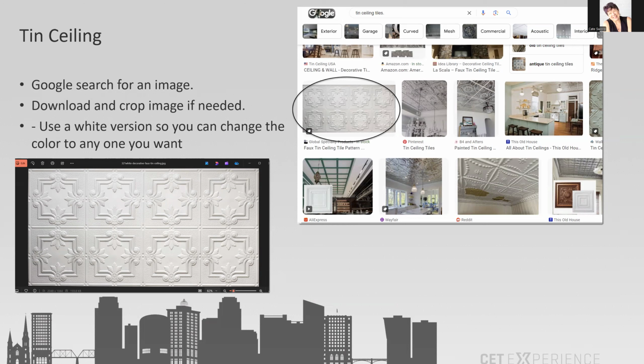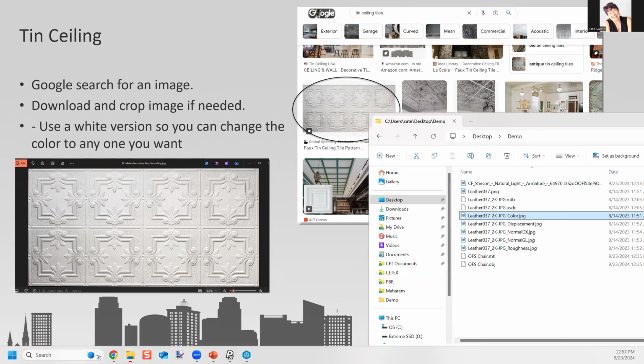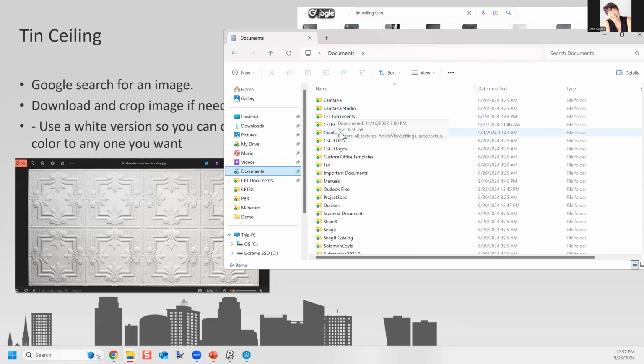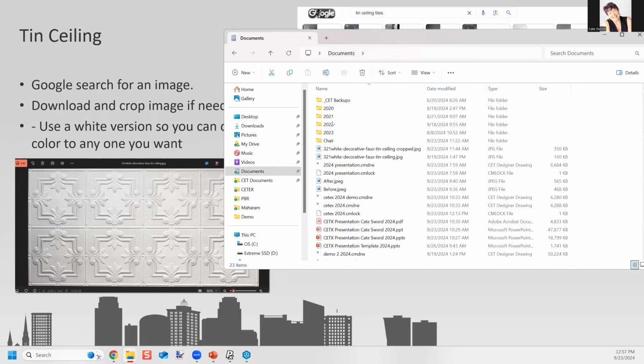Now what I'm going to do is I am going to make a tin ceiling. So first I went to Google, I searched for an image of a tin ceiling, and I downloaded it. All right, so let's find that image. Let's see where I put that. I believe I downloaded it to my CET documents. Nope. CTX. There we go. It's called White Decorative Ceiling